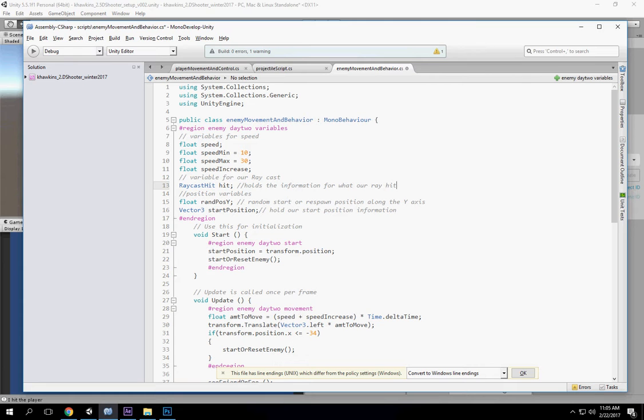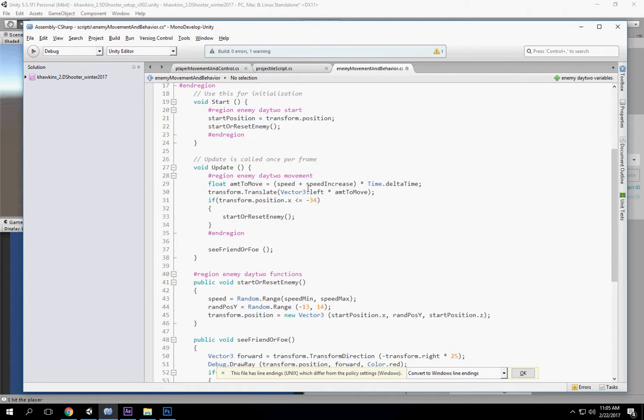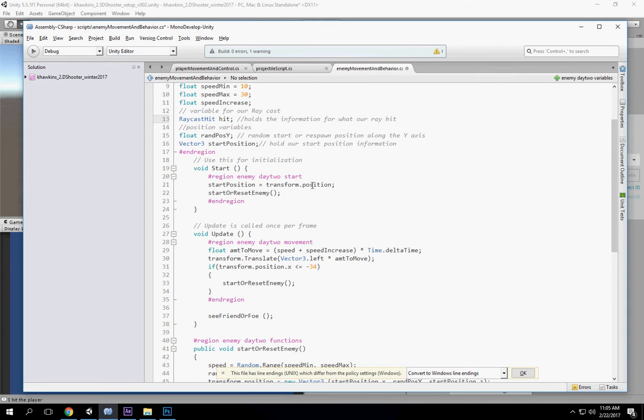So the hit registers that the ray has hit something and what that thing could possibly be, and it kind of holds it in there. It also allows it to calculate. So we're getting our